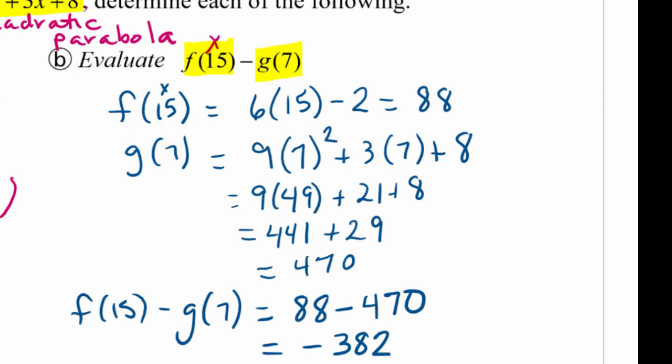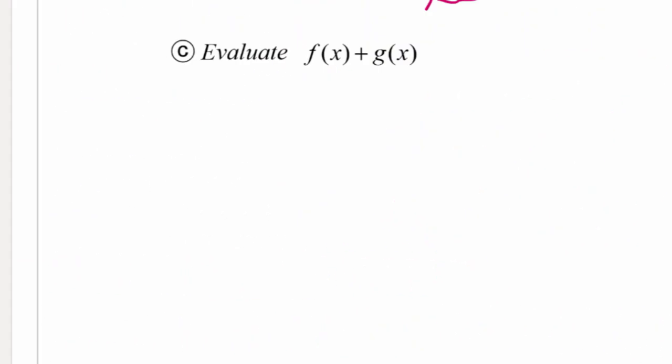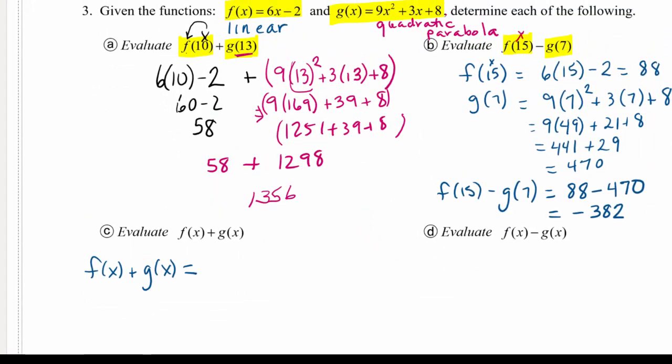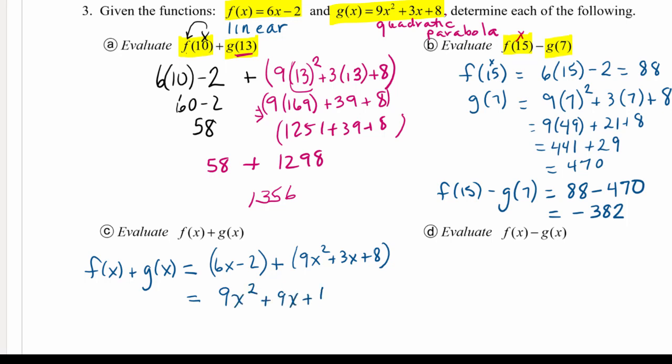Okay, with C, however, look at C. Now they want us to evaluate f of x plus g of x. So here's where we're going to create a new function where we add the other two. And so I had to go back and look at my f of x. That's 6x minus 2 for f of x, added to 9x squared plus 3x plus 8. And so we can just combine some like terms here and get 9x squared plus 9x plus 6 as our